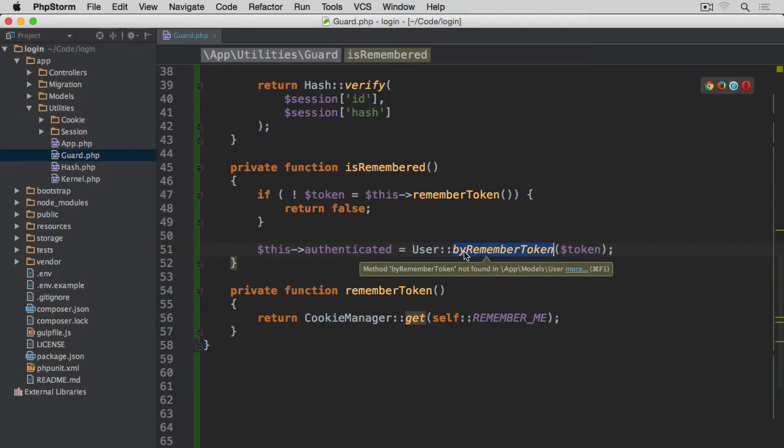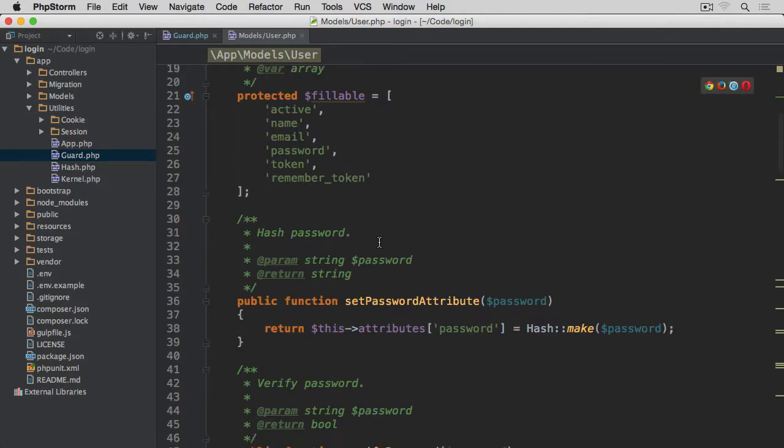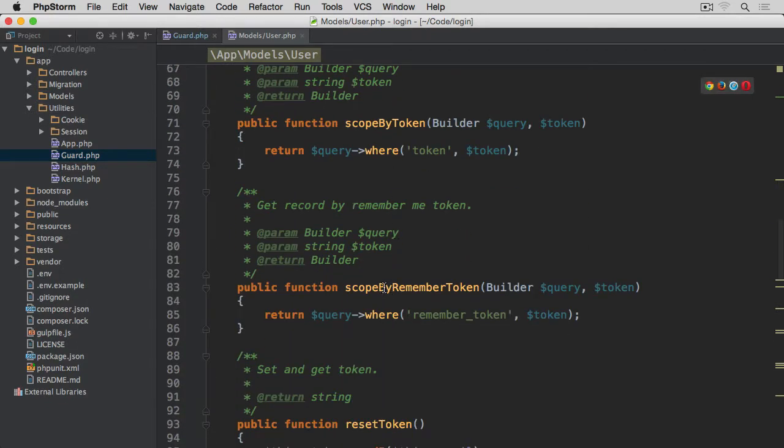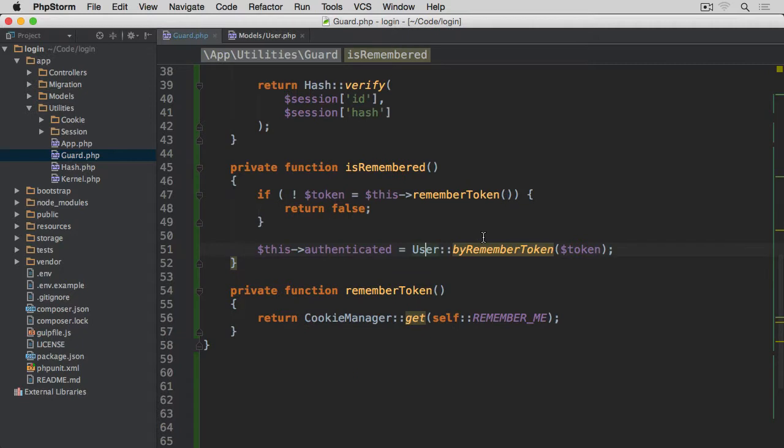We have this scope by remember token on the user class. If we could just open this, let's check for these scopes here. So we have scope by token, we have scope by remember token. This is where we're using this by remember token. So we are trying to find the user by token. But after this remember by token method, we also need to call first method to get the first record that